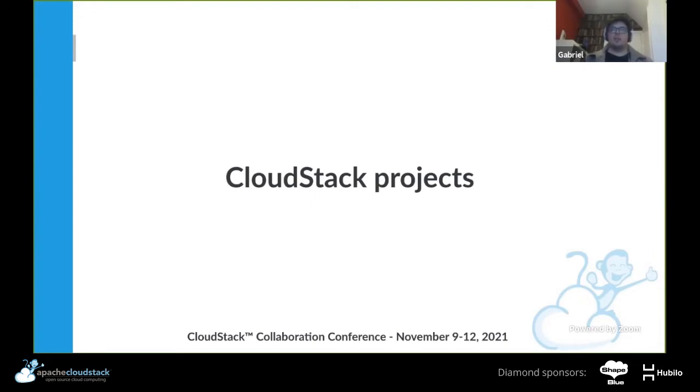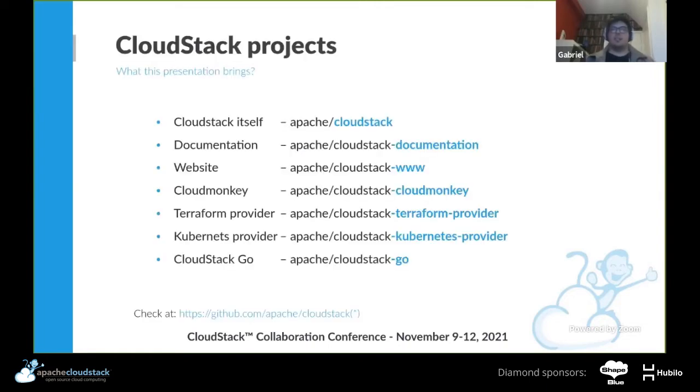We talk a lot about CloudStack, and for a few people, it might sound like just a single project, but we can divide it into a main project and sub-projects. So for instance, there is CloudStack itself, but there is also documentation, which is very important. CloudStack without documentation would have no users, and then in the end there would be no reason for development. So we really need good documentation so users can go there, check, and see how to deploy and use it, and they're happy. They keep growing, they keep sharing the project idea with other users. So that's how it works.